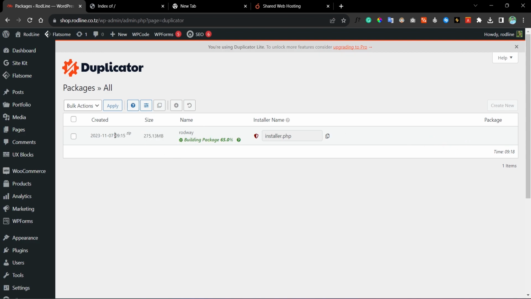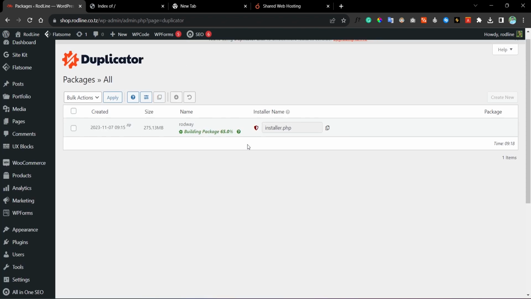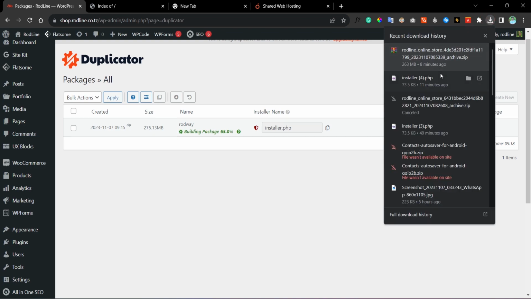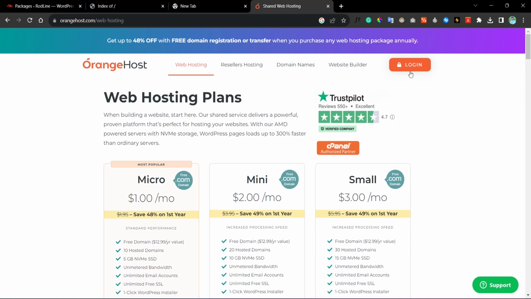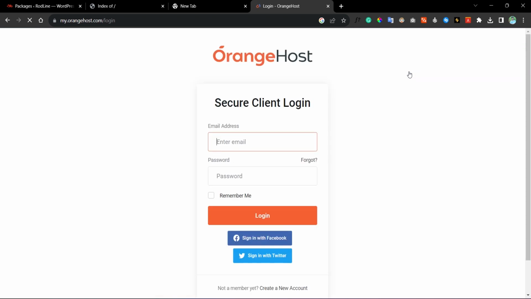Okay, so we are going to proceed to another section. After having everything here, what you are going to do is download the packages that you get here. And basically the packages are two, which are the installer and the backup of your website. Okay, so now after downloading these packages, which have been generated by